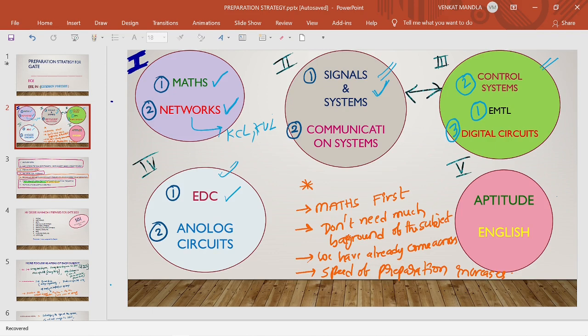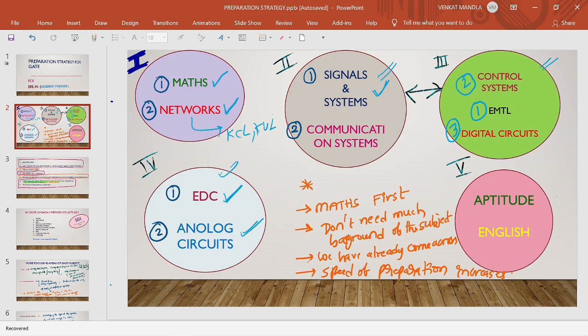This is my preference. You can start any subject here because they are not depending on one another. And coming to the fourth block, here I have put some order, 1, 2. So EDC first, next analog. Why EDC first? Because